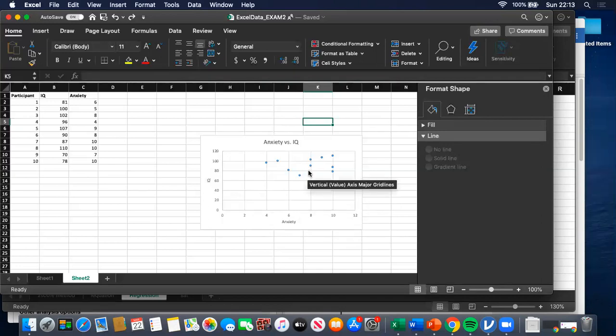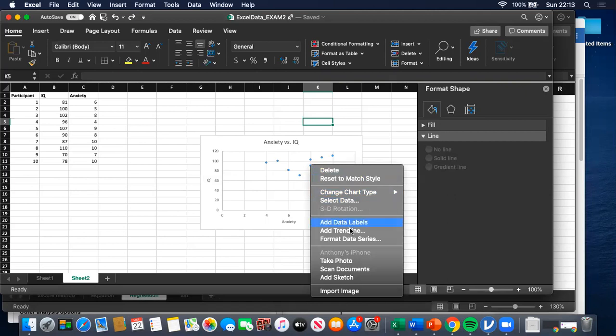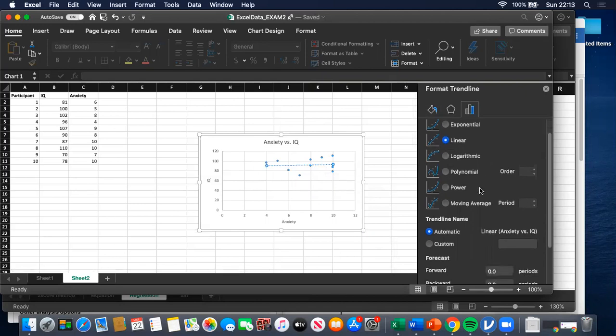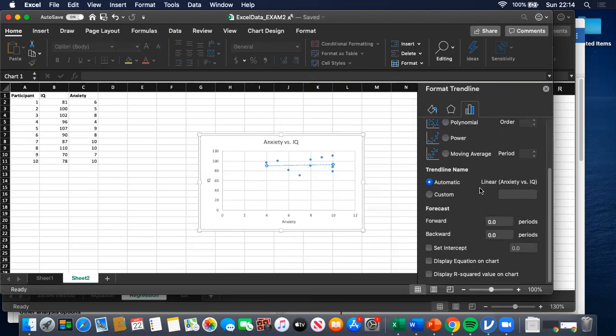To get the regression line, you want to right-click on any of the dots in your scatter plot, and then you should see an option to add trend line. If you do that, you'll get the line. That's your regression line. And it's also going to open up a menu where you can format the trend line. And if you scroll down to the bottom of that menu, you'll see options to display the equation on the chart. So you can do that,